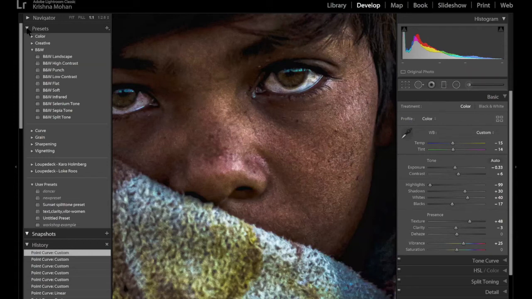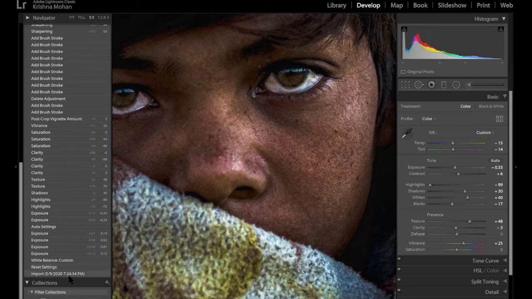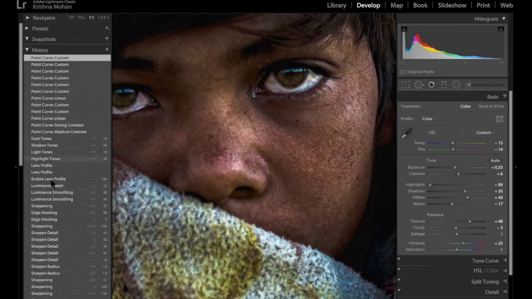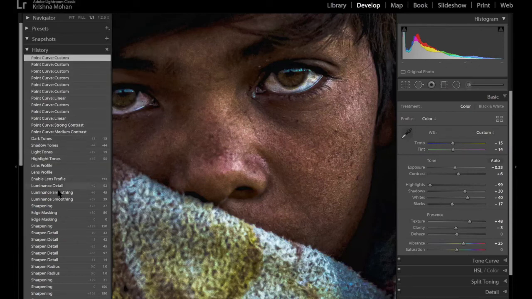So now this is the preset. So when I close the preset, you see the history panel. This records every history what has been done. I imported today at 7:24 p.m. From there, all what I had done, it records, and you can jump back to this. Now this will remain always, even if you close. Remember, in Lightroom, there is no save button. If you go under the file, there is no save button. Every step what you have done, it's already saved. So you can go back in many of the steps.